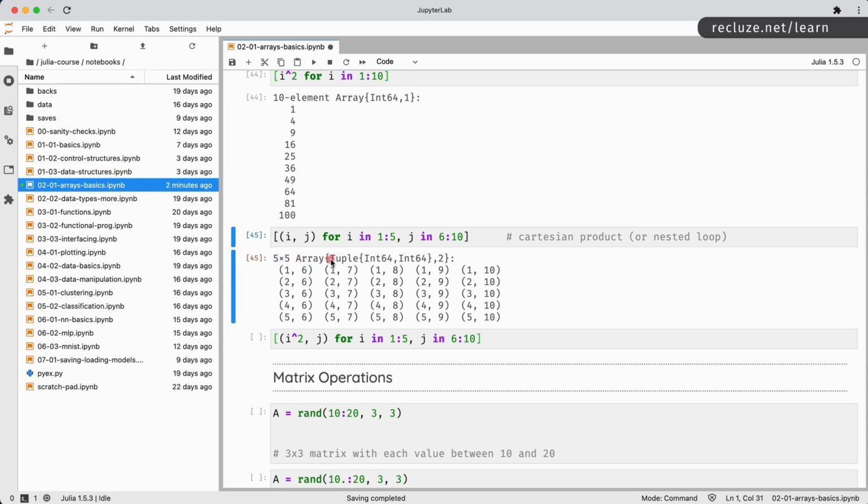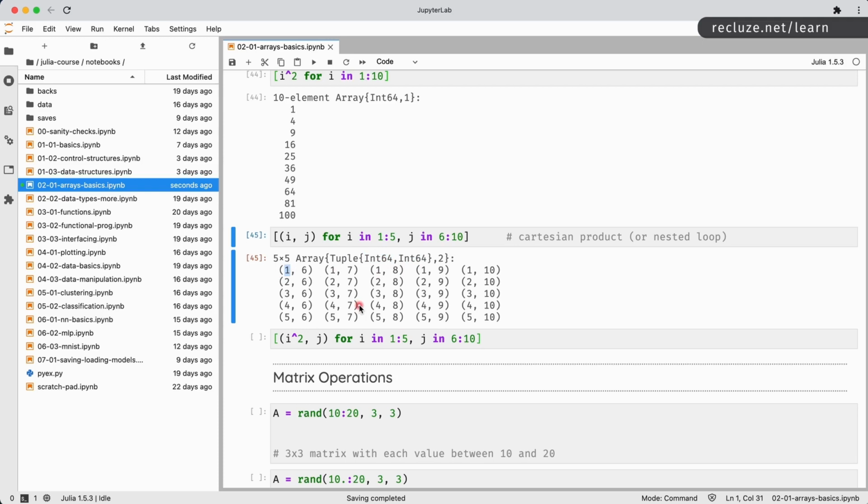So I'll repeat that. Make sure that you understand this. We are slowly building the type system of Julia. We're building an understanding of this type system so that when you see very large complicated data types, you understand them well, right? So once again, this is a 5 by 5 array because this is a 5 by 5 matrix. Each element itself is a tuple. So this is that tuple. The array itself is two-dimensional because it has rows and it has columns. And within the tuple, there are two elements. The first one is an int64 and the second one is also an int64.